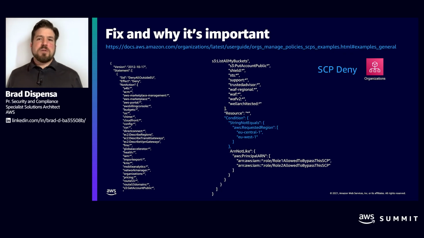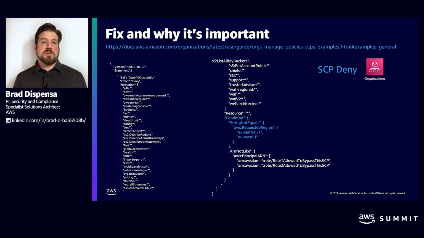So how do you do that? Well, the fix in this one is, again, very simple because we have documentation to support it. Inside of the AWS Organizations documentation, we list out how to do a regional deny. In this case, we can see the condition is for a StringNotEquals EU Central 1 or EU West 1, and also that there is a subset of other commands that are required in order to make the environment work. And what that means in plain English is, in order to make your AWS account work, even if you're existing outside of US East 1, there are still a subset of services that require access to US East 1. So we want to make sure that those are allowed,